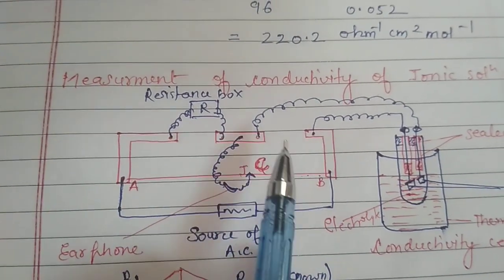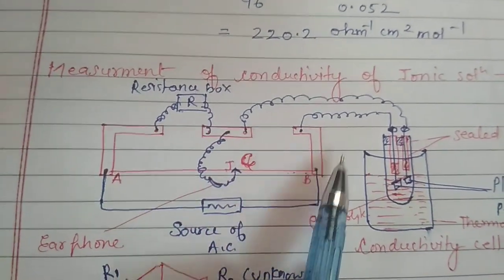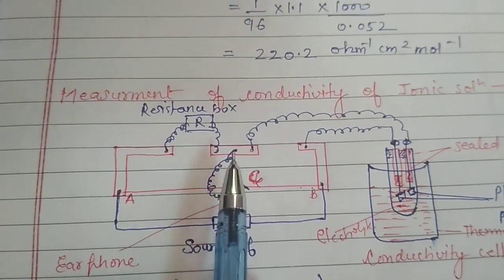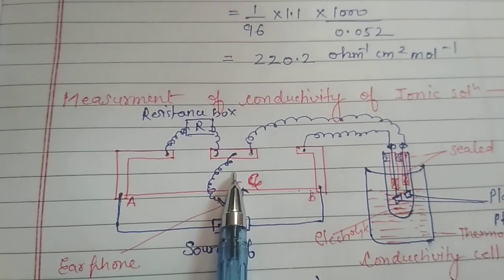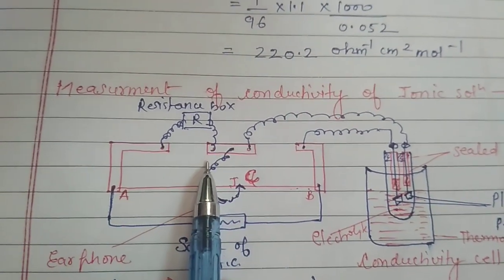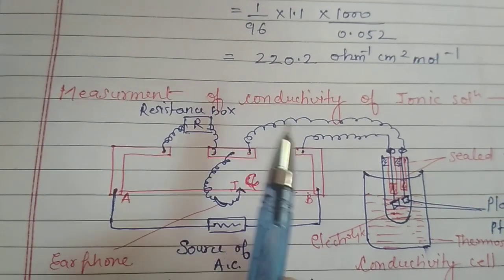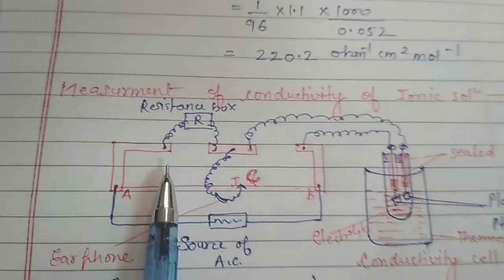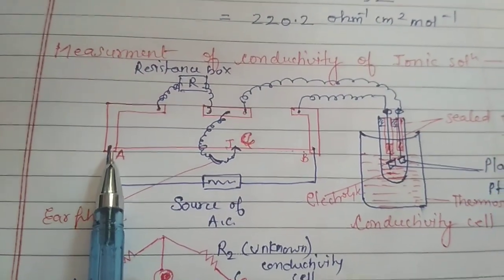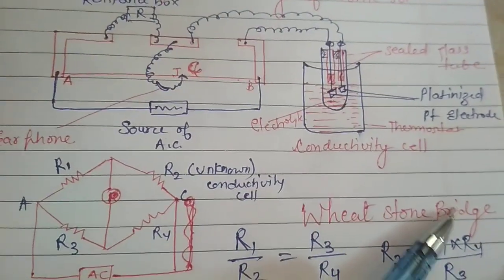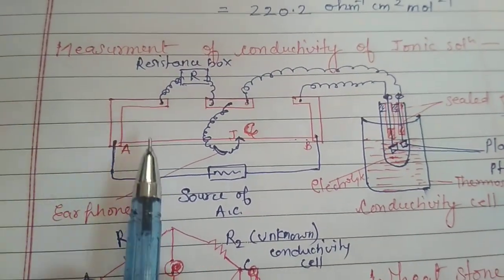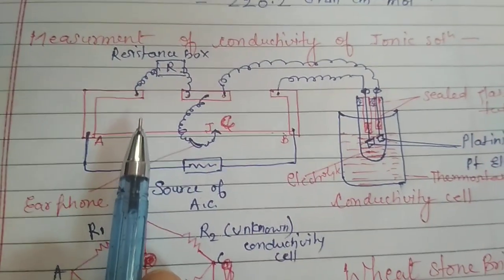So what we are to do, we are to find the resistance of that particular ionic solution first, and by finding out the resistance, we know that conductance is reciprocal to the resistance. We can find out the conductance, and with the help of conductance we can find out the specific conductivity, resistivity, everything that we have seen, that all the formulas are interrelated. So for this we use the Wheatstone bridge principle. This experiment you will do in your physics lab, but here we are having the theoretical part of this.